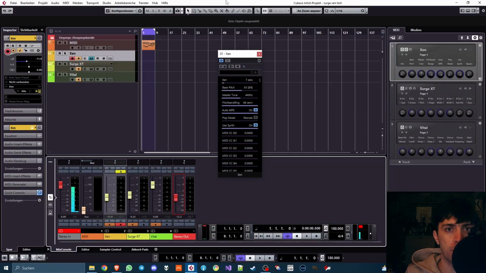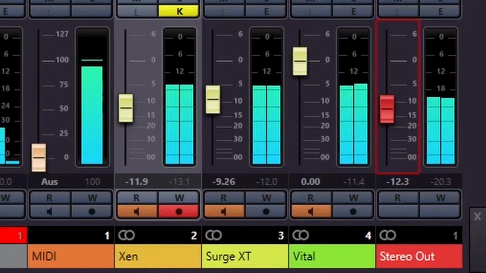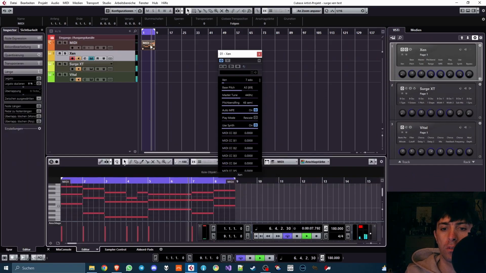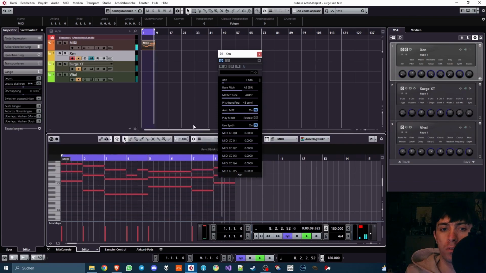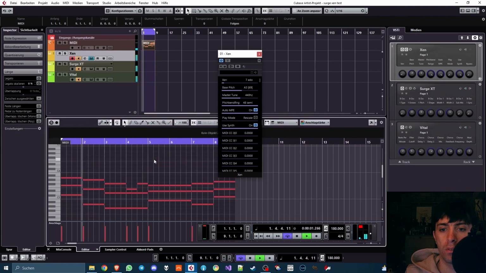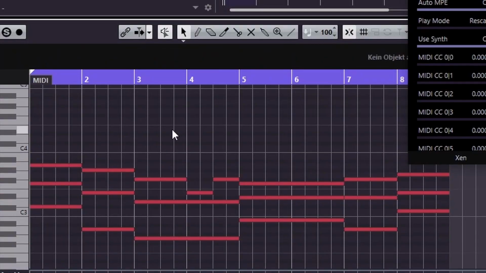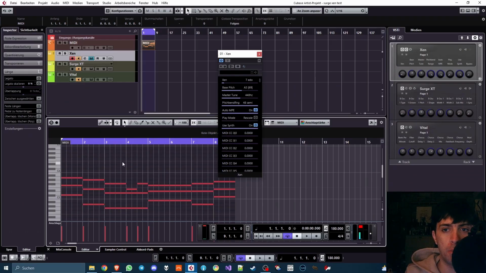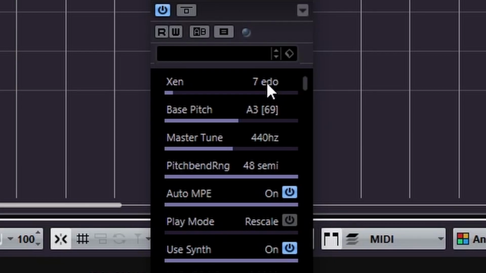Before getting started with the code, I want to familiarize you with the problem. Here we are in a little demonstrational project, which sounds like this. I wrote this polyphonic MIDI sequence, which obviously plays a bunch of chords, and my plugin Xen transposes this polyphonic